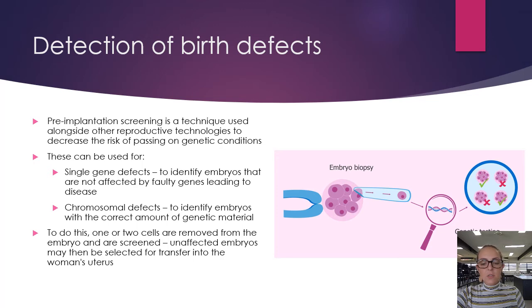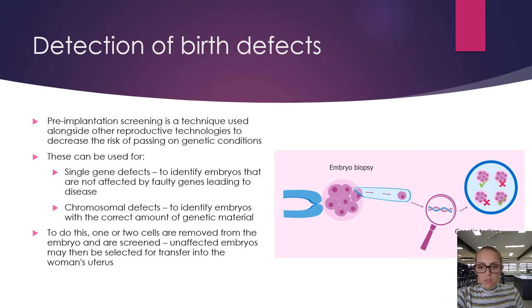Okay, now the second sort of overarching goal of these technologies is detecting birth defects. And this one has some serious ethical implications when we start thinking about it. Now we're going to have a look at pre-implantation screening. This is a technique that we use alongside other reproductive technologies like our IVF to analyze the risk of passing